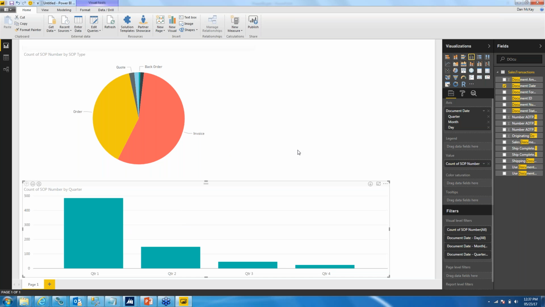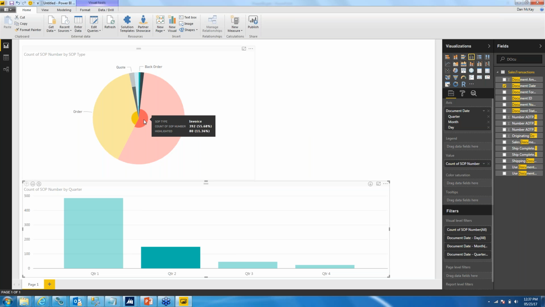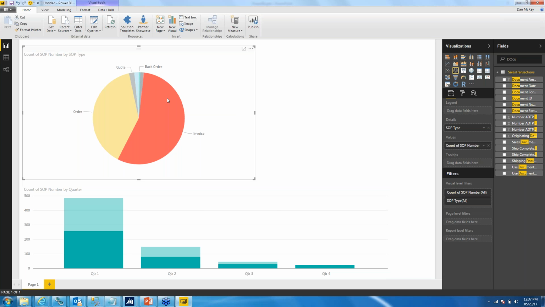So at this point, I have these two charts, and these two charts coming from the same data set are actually interactive. So if I click quarter 1 or quarter 2, the pie chart changes to show me what fraction of that pie chart is made up by quarter 2. At the same time, if I want to know which quarter brings me most of my invoices, I can click on the invoice